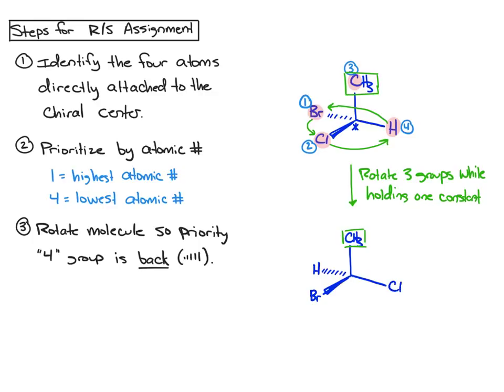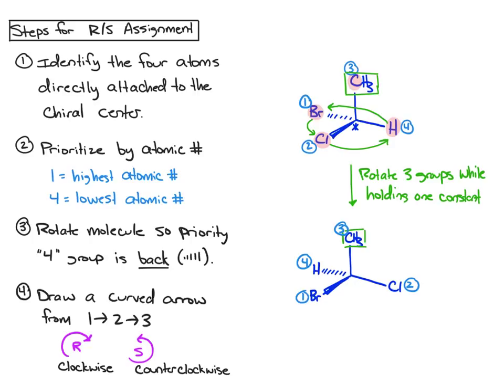Now let's just retranscribe our priority numbers. Here's priority 4, 1, 2, and 3. So now we have this set up the way we need it with the priority 4 group in the back. So for our final step, to get our R or S configuration,